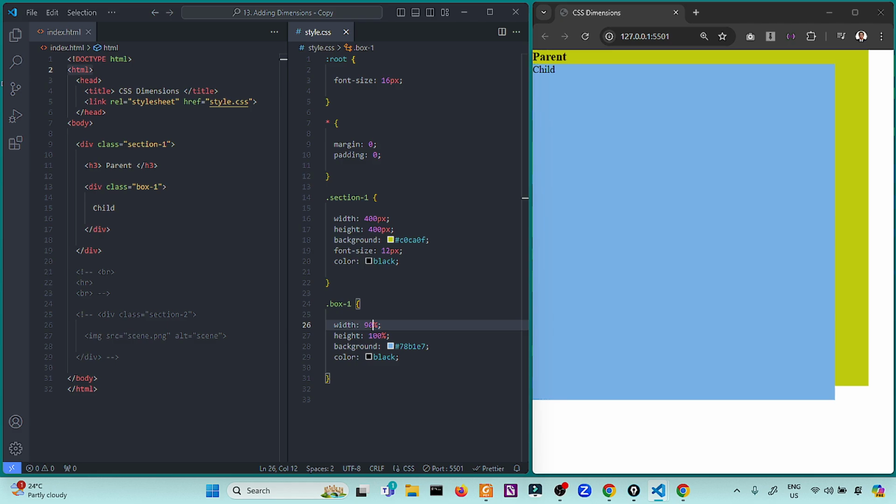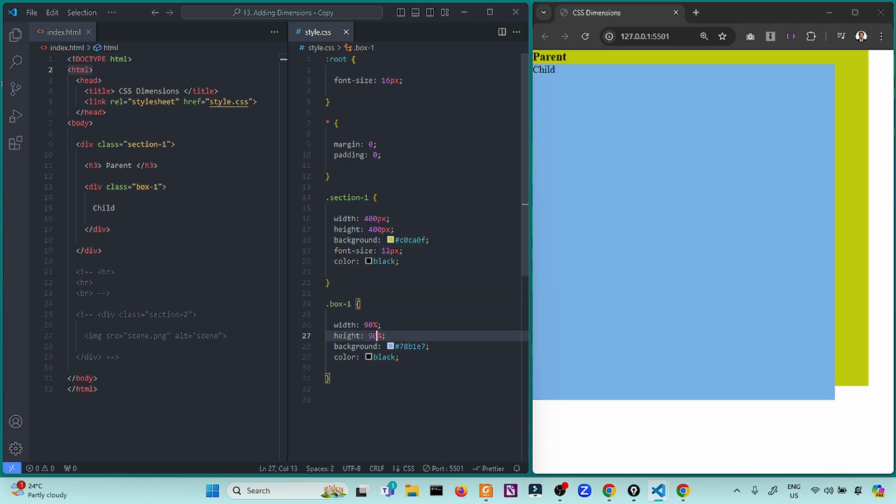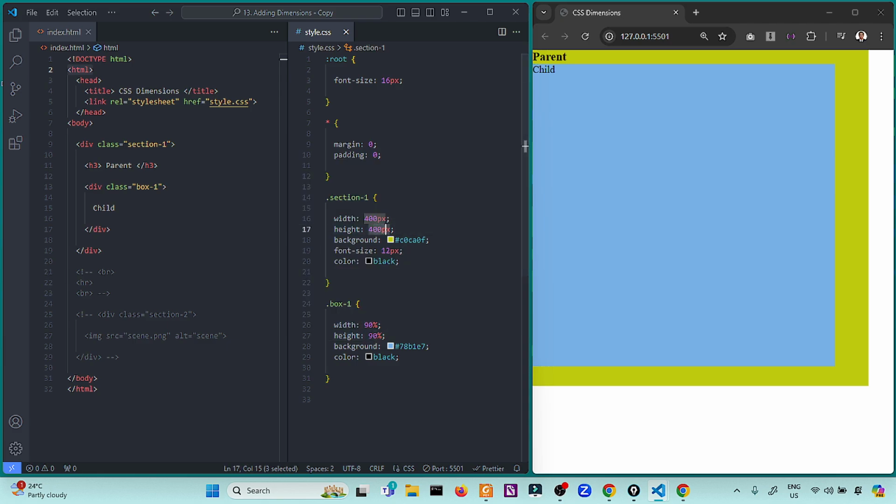This is the one that I'm telling you is overflowing, because we have content specifically for the parent, so it doesn't exactly cover the entire height, although I define it as 400. For now, let us make this, for example, 90%. So 90% of 400 of width and 90% of the height of 400.